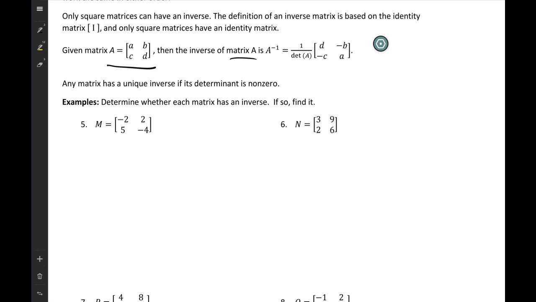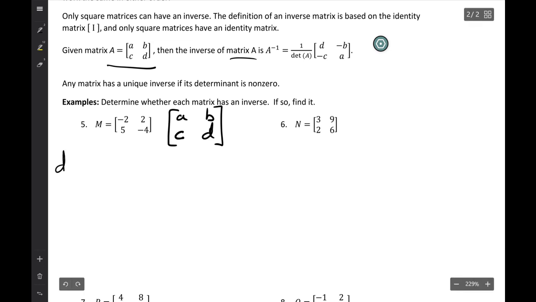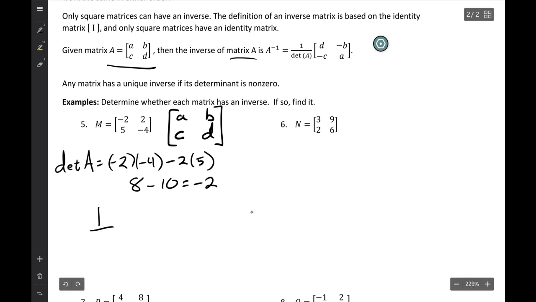So remember, this is A, B, C, D for my basic matrix. Let's find the determinant. So det A is equal to negative 2 times negative 4 minus 2 times 5. And this all put together becomes 8 minus 10, which is equal to negative 2. So my determinant's negative 2, so you got 1 over negative 2